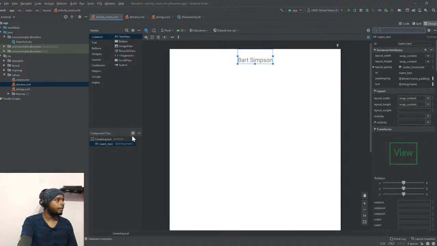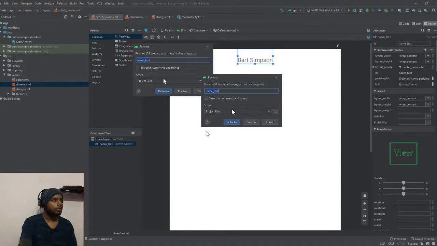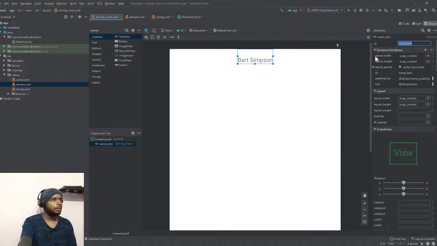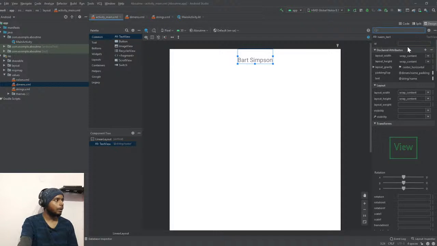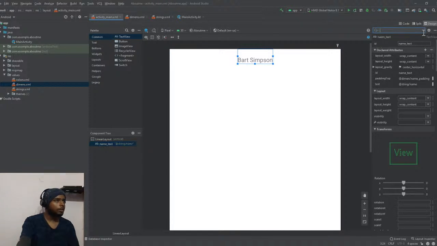Okay, I have set the ID to name text. Let's change it, it has a spelling error. Name text, click enter, and there should be a pop-up. Click on this refactor. Cool. So now let's add padding to our view. Search for margin,